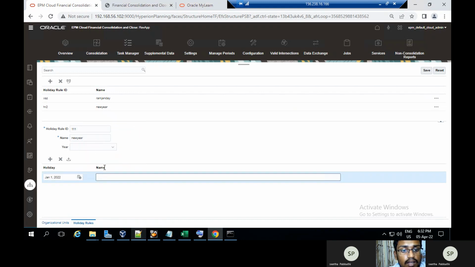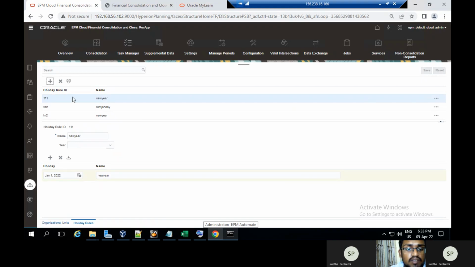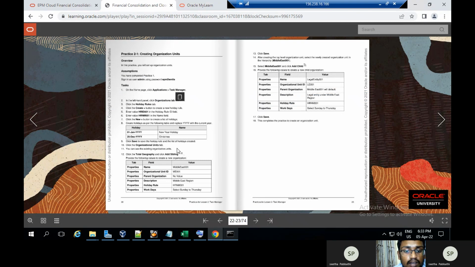January 1st. And if you want to give the holiday name, you can give it and click on save. This is the way we can give the holiday rules. After setting the holiday rules, you want to go for